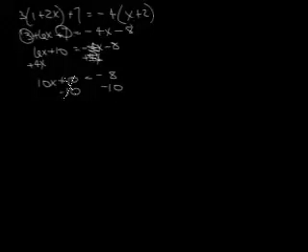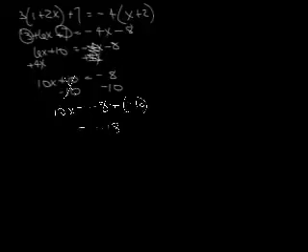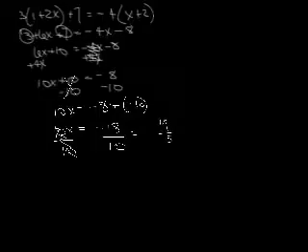And those go away, and I get 10x equals negative 8 minus 10, or negative 8 plus negative 10. Signs are the same, so we add them and put the sign on there. Divide by 10, divide by 10, that goes away. Negative 18 over 10 is the same as negative 9 over 5 when it's reduced,